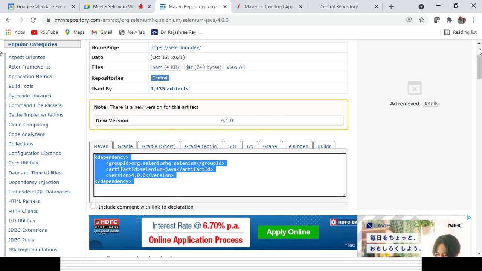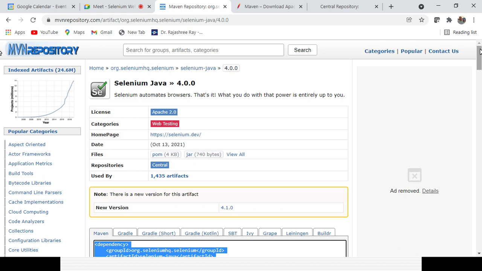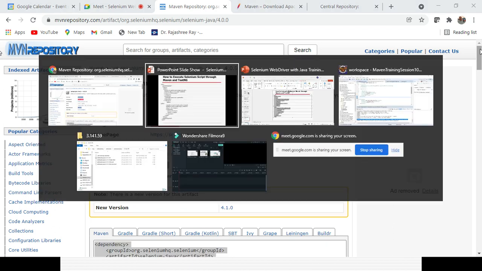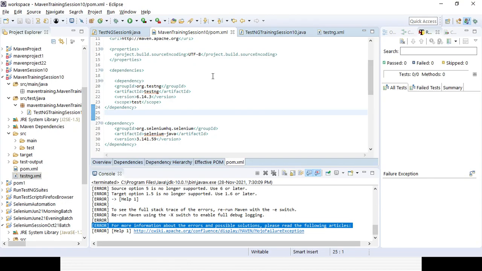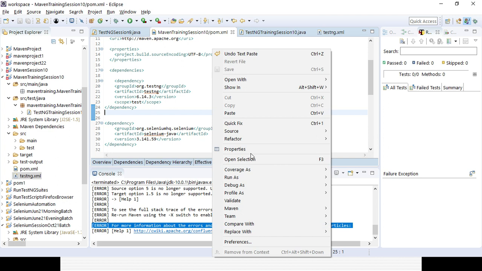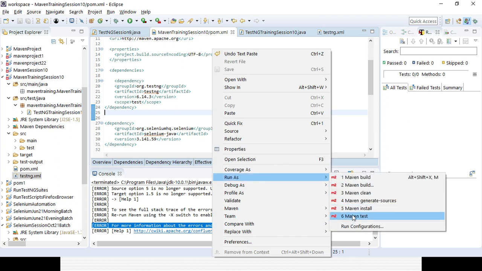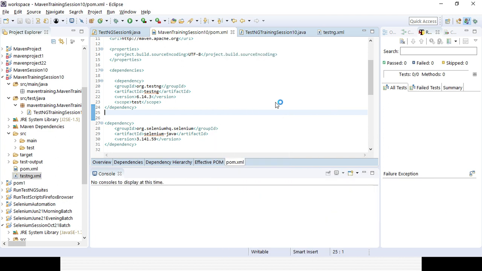Other than adding the dependencies in the pom.xml, there are a lot of differences, and you will be getting to know them soon. There are a lot of things you cannot do with a Java project. This will be covered down the line, once we cover the session, and then you can get all your answers. Then you can run with the Maven test. Definitely there are a lot of advantages which are not available in the Java project. That is the reason we'll be using it.